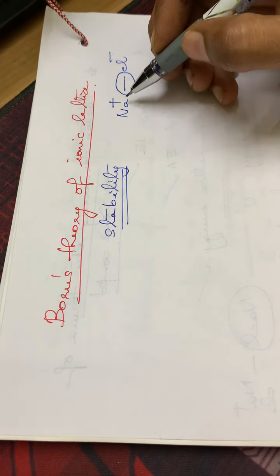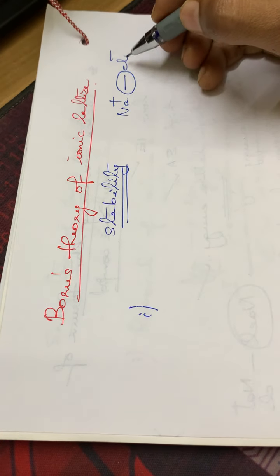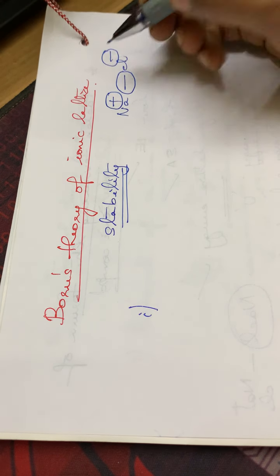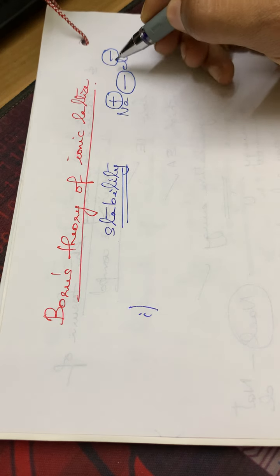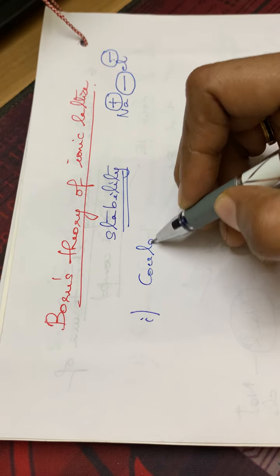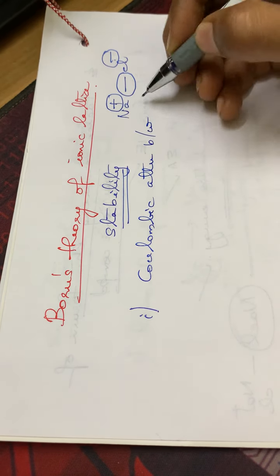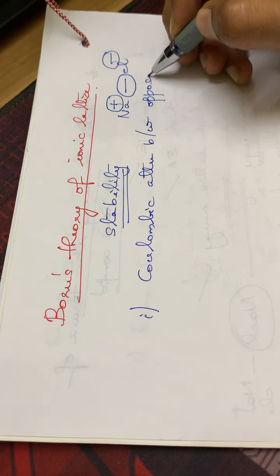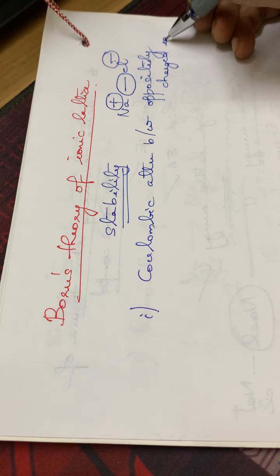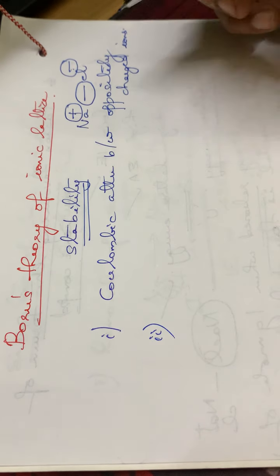And also here, while considering these two ions, there are two types of interactions between them. The first one is the attraction between the oppositely charged ions, isn't it? That means the attraction between Na plus and Cl minus. So the first one is the Coulombic attraction between the oppositely charged ions. And the second one, see what is the second